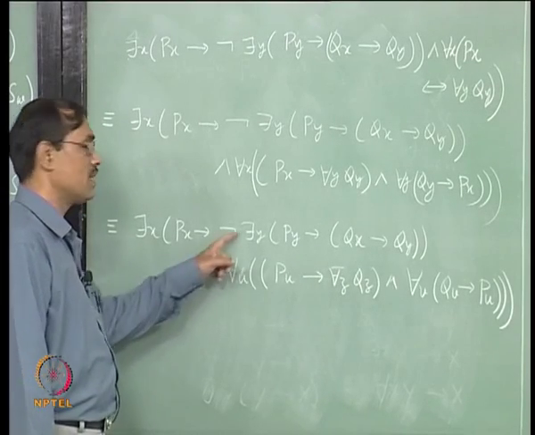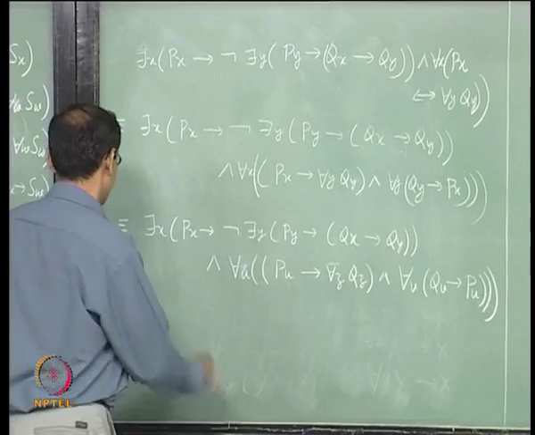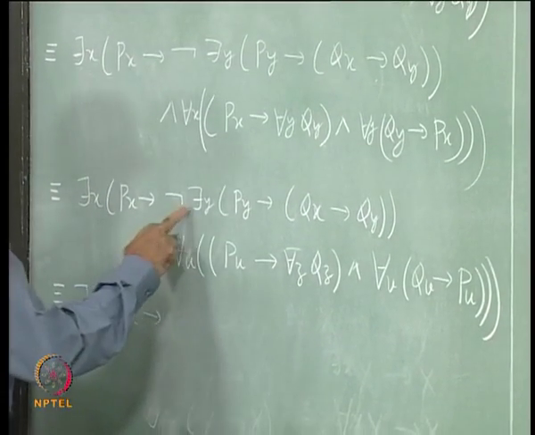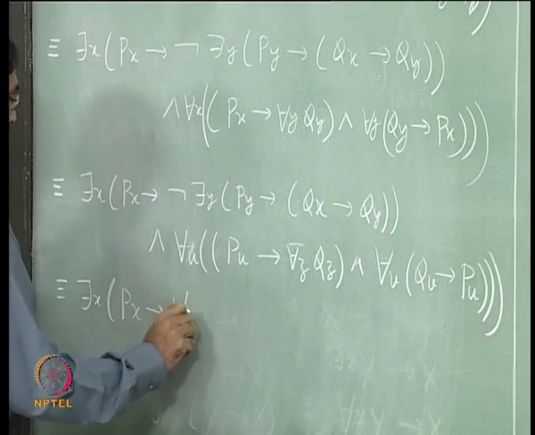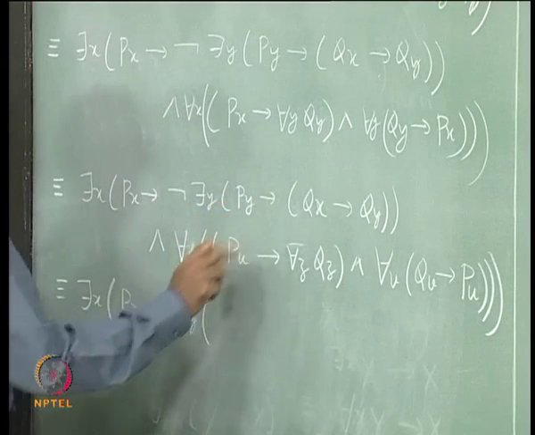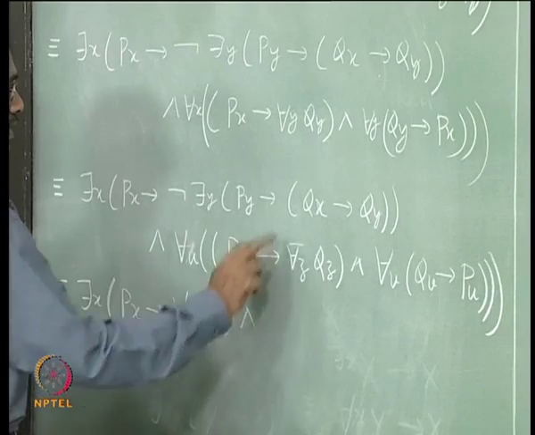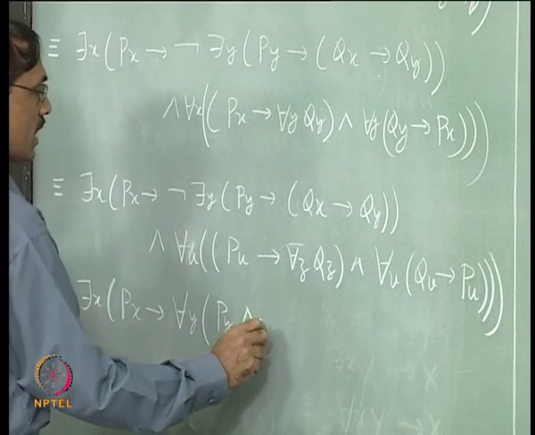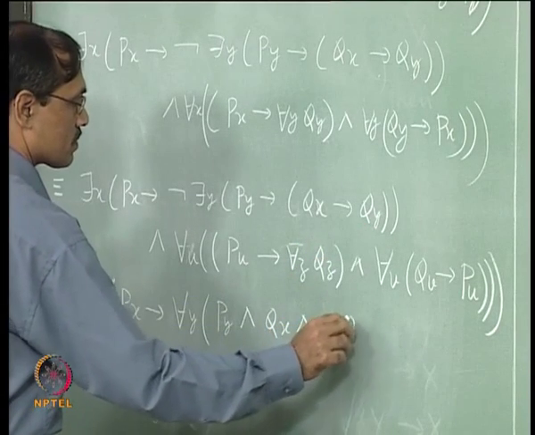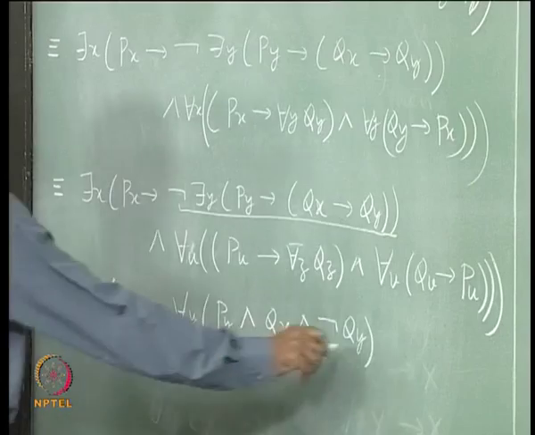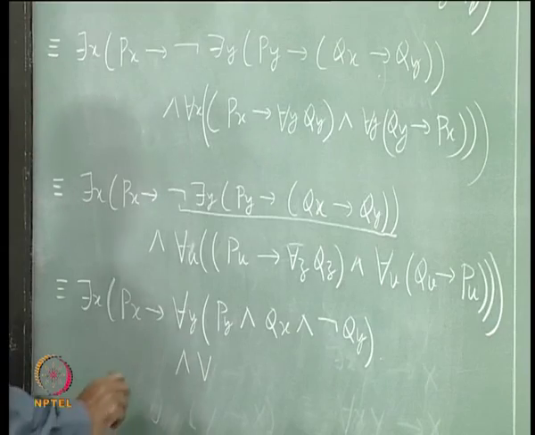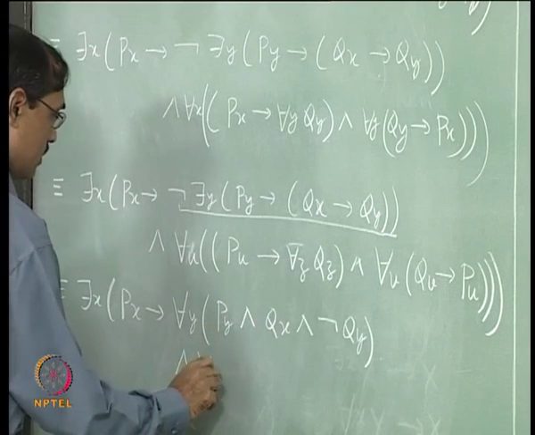So, next thing is take the nots to the inside. There exists x, p x implies, this not has to go inside. So, this becomes for each y not of this whole thing, that is p y and not of this, so that is again q x and not of this. So, it does come up to this, and now for each u there is nothing to be done here, right.